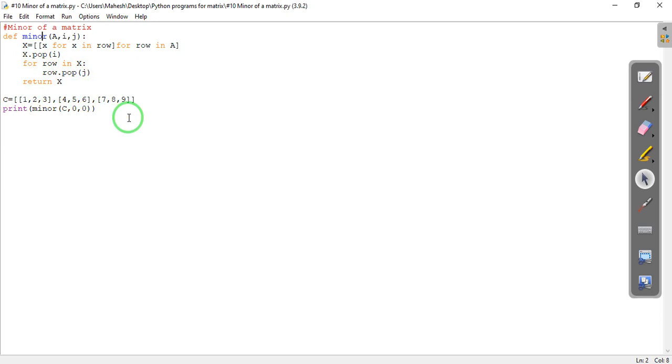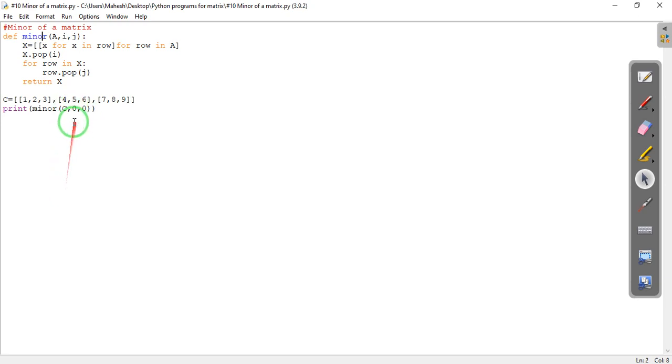We have seen also how to get a minor. So if you have not gone through the video, please go to the playlist on Python programming for matrix and do watch the video. Now here, as you know, in Python 0 means the first entry of a matrix. Here we have taken this matrix of order 3 by 3 and we wanted the minor. Of course it will give a matrix, so minor with 0 0.